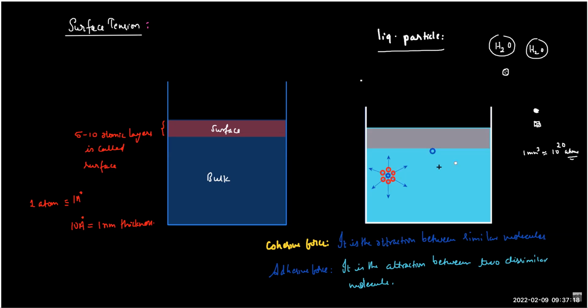So there will be a net force upwards. There will be a net force downwards, because downward we have the bulk, which is denser, and the surface is always a rarefied medium. So the number of molecules on top of the blue molecule is less and below is more. So the surface, I'll just do the two molecules to be enough. But the bottom will have